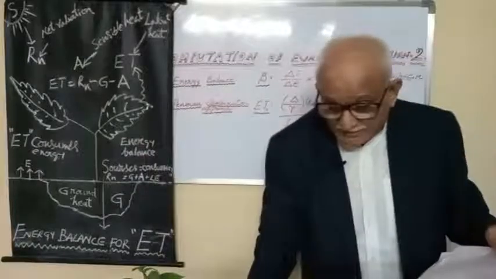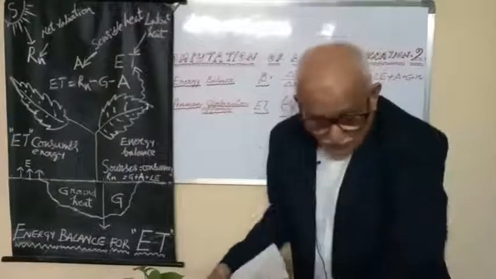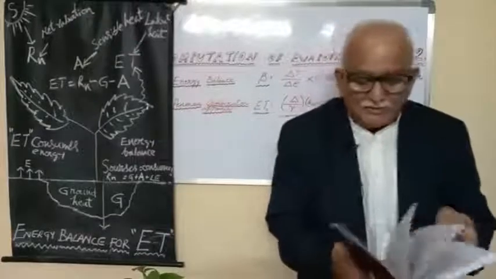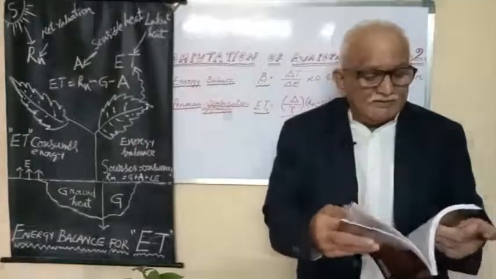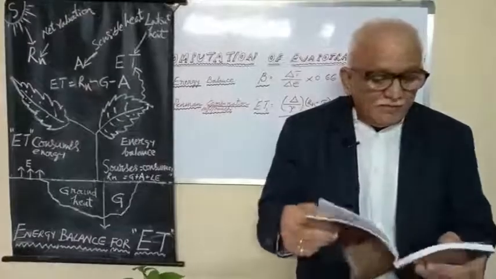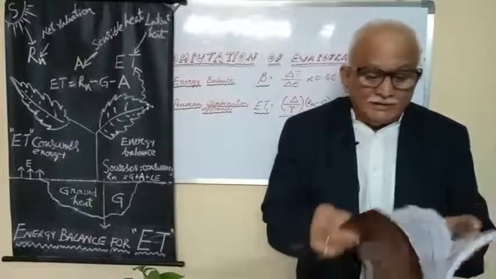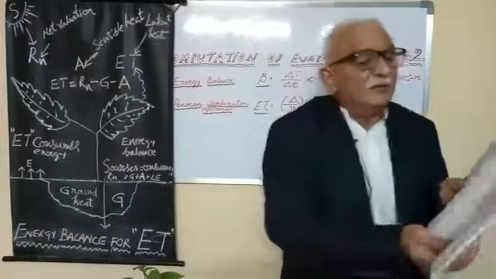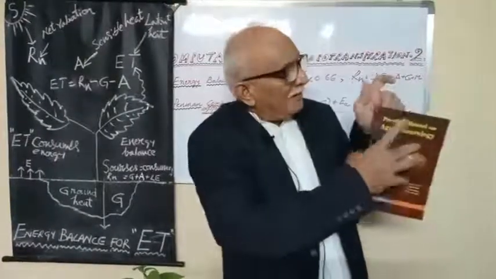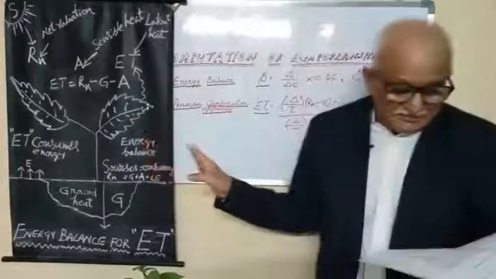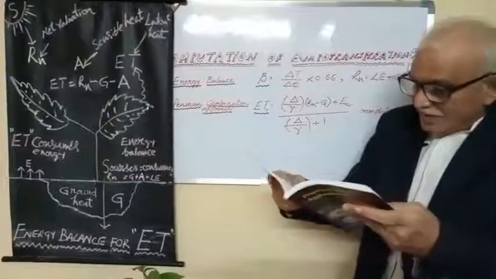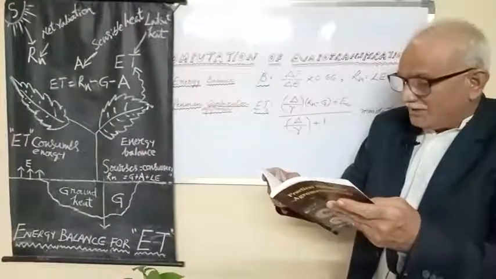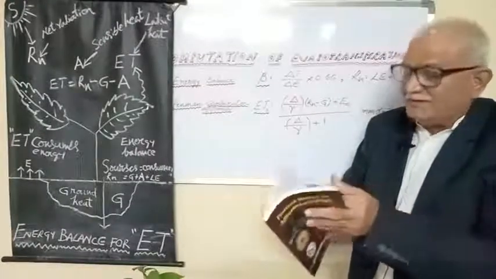Now see what I am interested to share with you is our own calculation from my own book, which is written by me along with my beloved student, on page number 147. What is the equation? How does it read? The combination approach, on page number 149 of the Practical Manual of Meteorology. Penman combination approach: the combination formula developed by Penman can be used to estimate the evapotranspiration at hourly intervals using measured values of net radiation and soil heat flux.